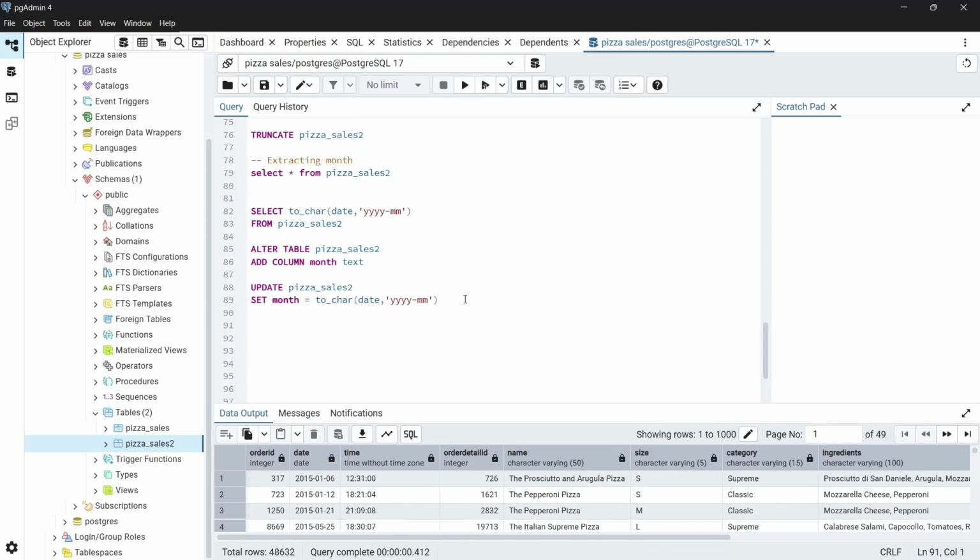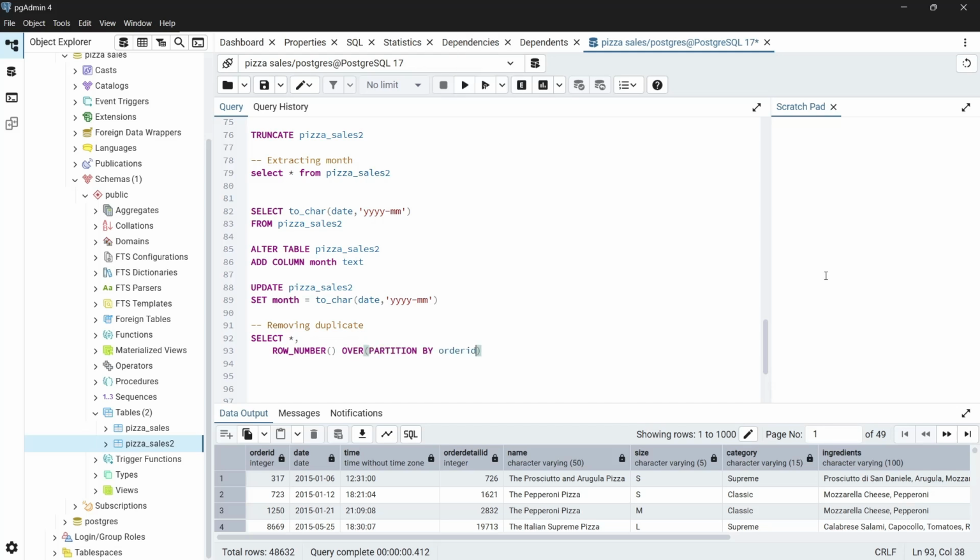Finally, we are going to remove any duplicate rows in our table. For that, let me assign a heading, removing duplicates. For that, we are going to use the window function called row number, partition by every column in our dataset. For that, I'll use select everything, comma, row number over